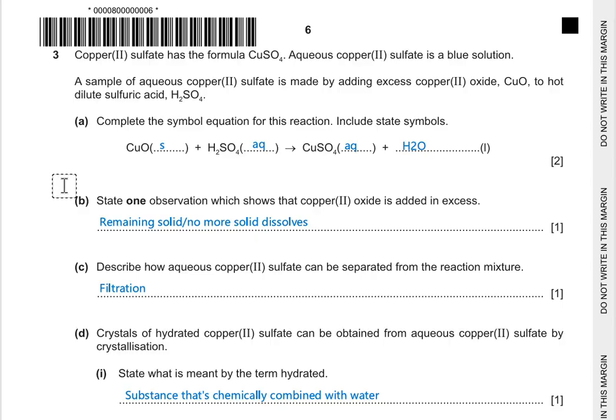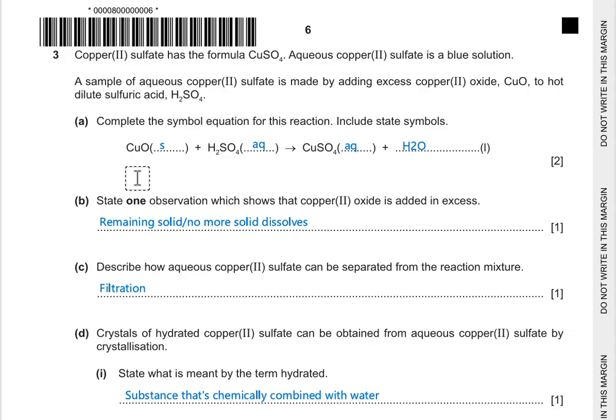Copper(II) sulfate has the formula CuSO4. Aqueous copper(II) sulfate is a blue solution. A sample of aqueous copper(II) sulfate is made by adding excess copper(II) oxide, CuO, to hot dilute sulfuric acid, H2SO4. Complete a symbol equation for this reaction. Include state symbols. So CuO(s), H2SO4(aq), CuSO4(aq), and we know the only liquid